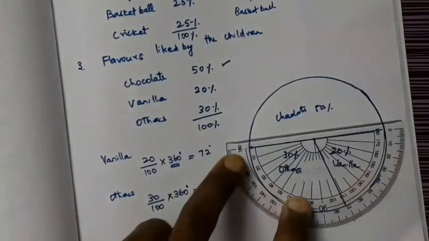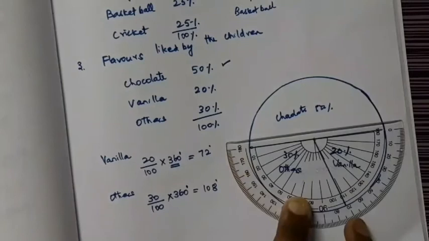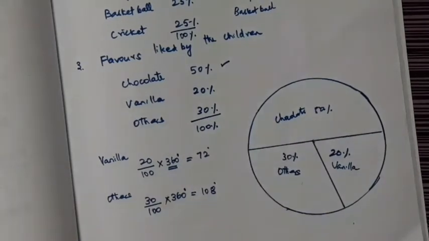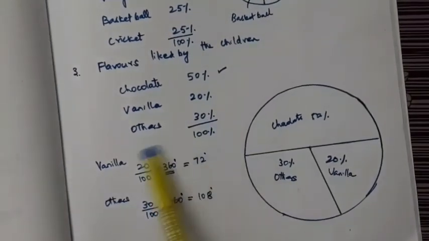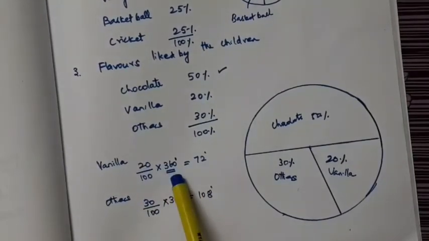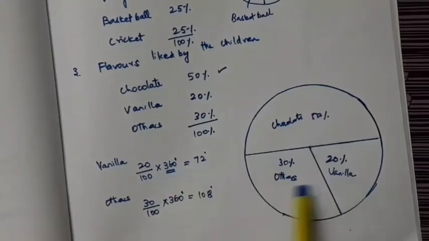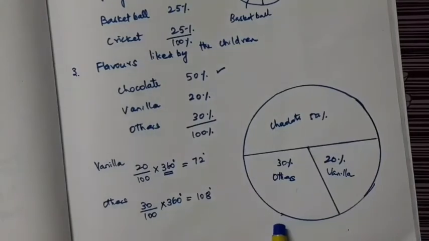Okay, and measure 0 from here. If you measure from here to here, it is showing 108. Okay, you have to see the lower thing, it is 108. So this is how, if the number is not simple to directly plot, you can convert, you can do this calculation. If it is 20%, that is 20 divided by 100 multiplied by 360. So with the protractor you have to mark that angle. So again, if it is 30%, 30 divided by 100 multiplied by 360, that will give 108. So this is how we have to draw a pie chart.